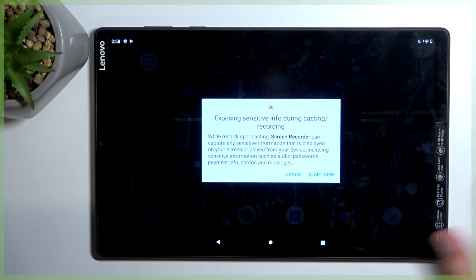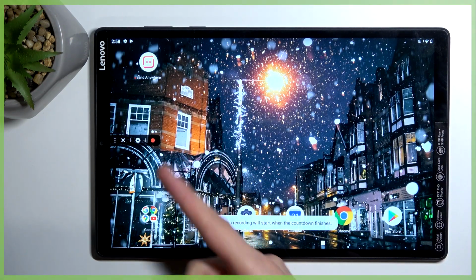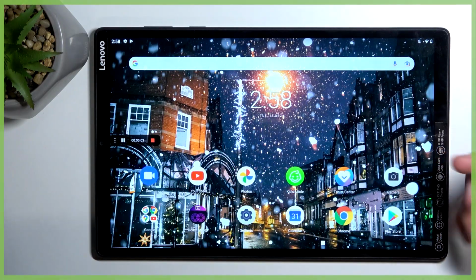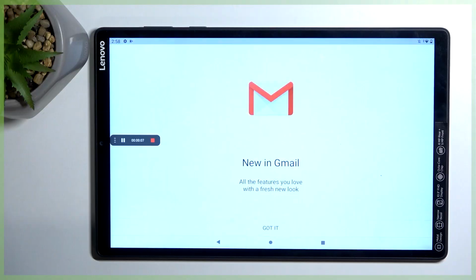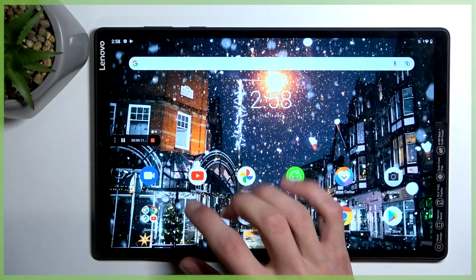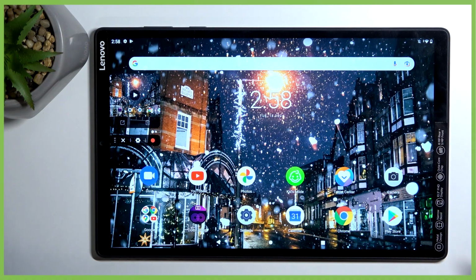It will bring up some message, so start now. It starts a countdown, and after it will begin recording. So whatever you will do right now obviously will be recorded. So if I open up some kind of app, that will be visible. Anyway, once you're done, you can click on the red square, and this will automatically save the screen recording to